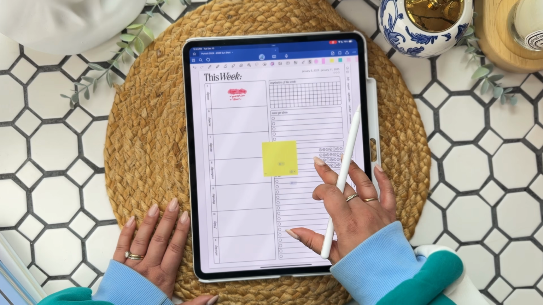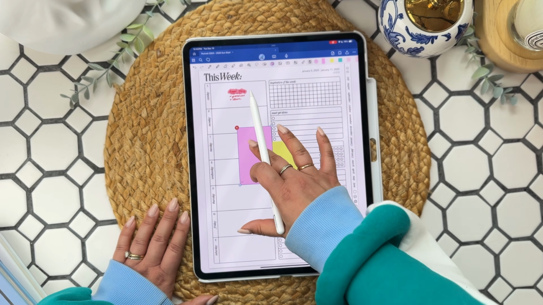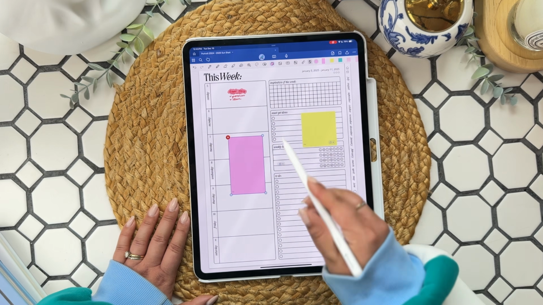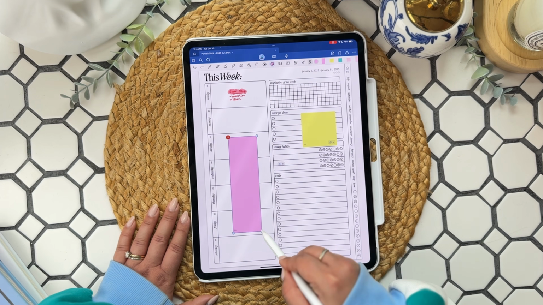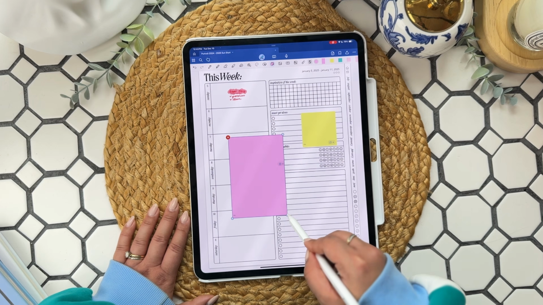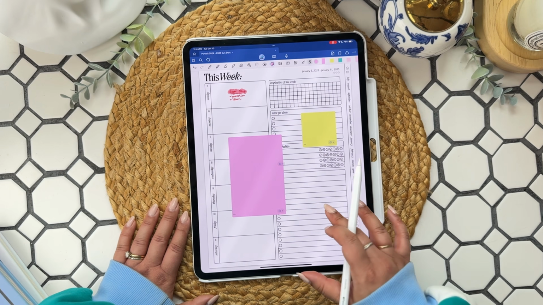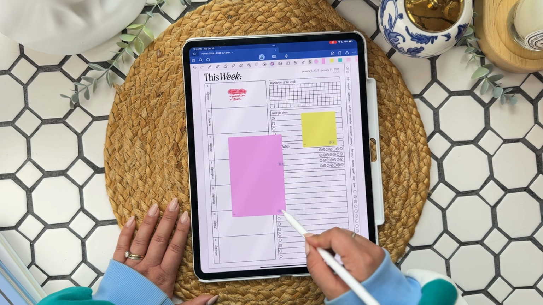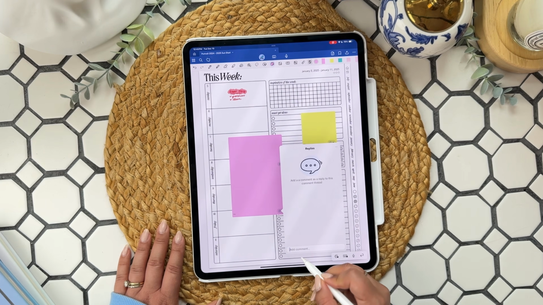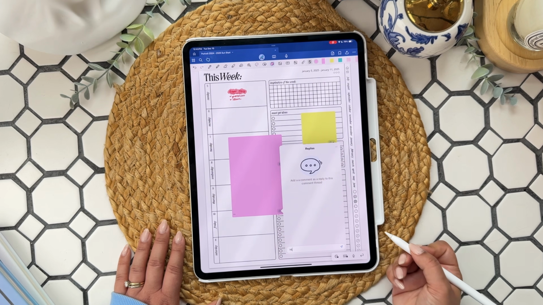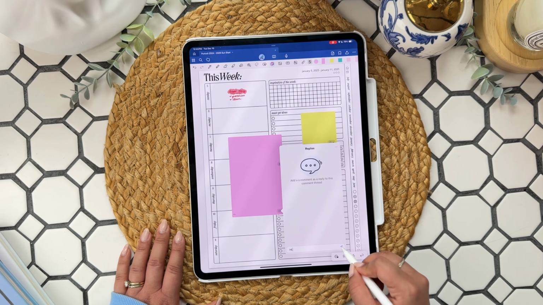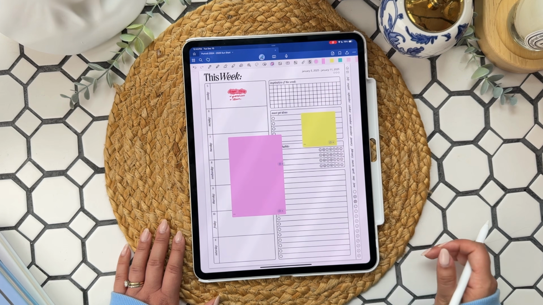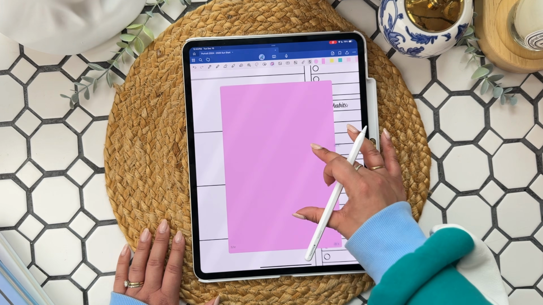So now to select these, if I'm on the sticky notes tool, I'm able to tap on them and I can drag them around anywhere I would like. I can grab these little corner tools here and I can make them wider and smaller and change the aspect ratio if I'd like as well. And then you have an option to press this little plus button, and if you do that, you can add replies. So I'm gonna write hi and send that, and it will save inside that sticky note